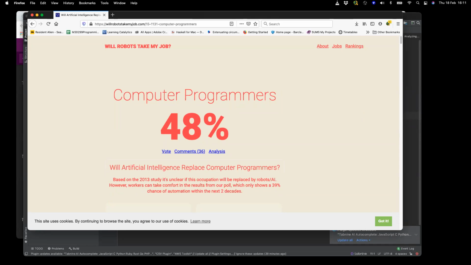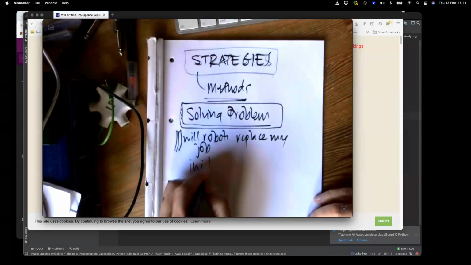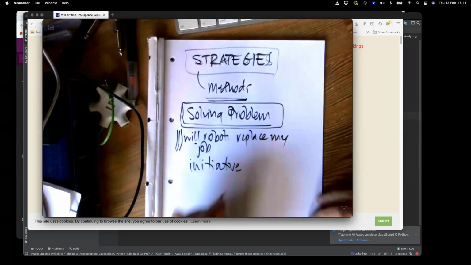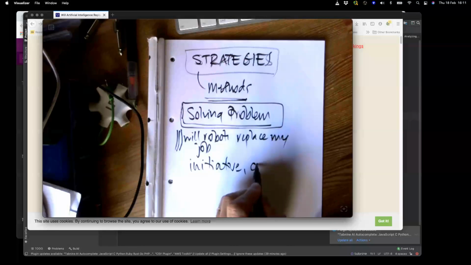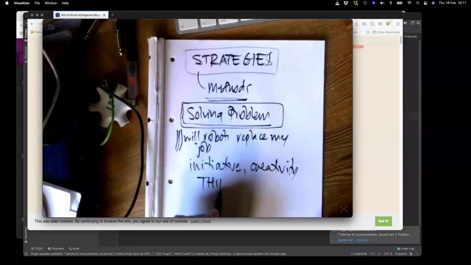Yeah, anywhere where human beings have to use initiative, creativity, right? Again, these are things that are almost irreplaceable at the moment. Initiative, creativity, and actually the ability to think and problem solve.